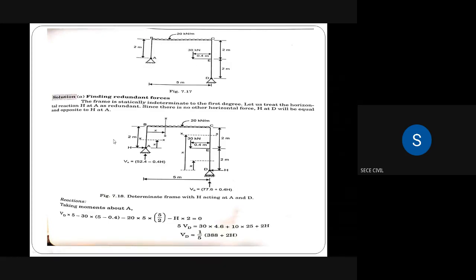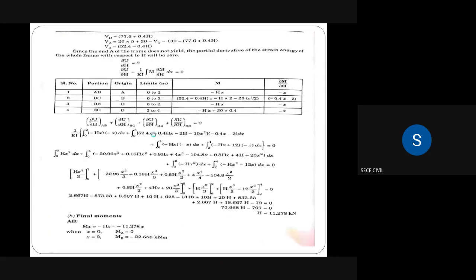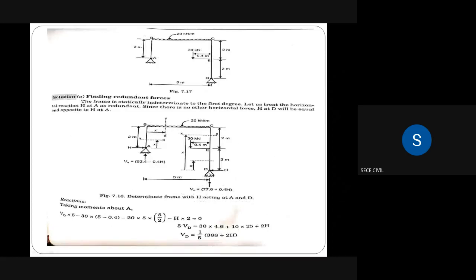The first step is to calculate the vertical reactions at A and D. How many forces are acting in the given problem? Because of the loading also, it is unsymmetrical, because we have two loads. One is a UDL, and one more load. In span CD, at the center, an arm is provided, and at the end of the arm there is a point load of 30 kilonewton. Because of this load we may have moments also. So first we have to calculate VA and VD.